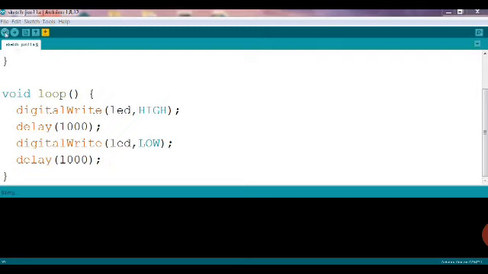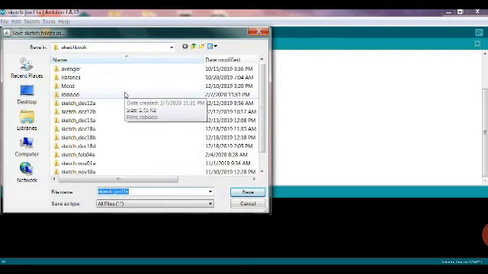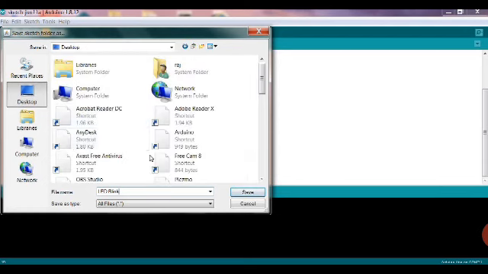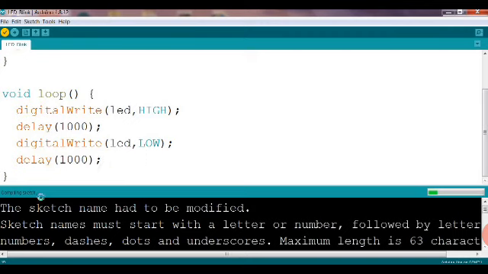So this is a simple program we have, and then you can see the arrow button, the tick mark button. Once you click, you save it somewhere, and now this is compiling the program. Compiling means checking the error, and if there is any error in the programming, it will tell you that this line has the problem. Sketch means checking the error, that we have to do with the help of the tick mark that you see at the top left corner.